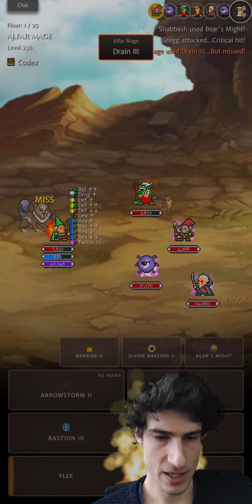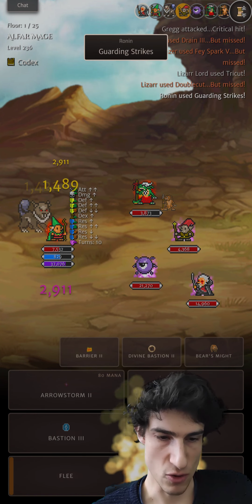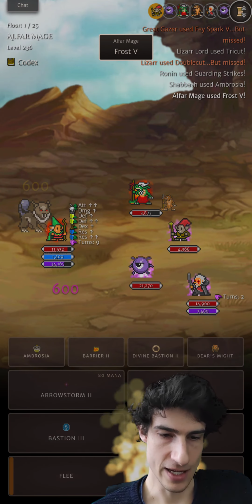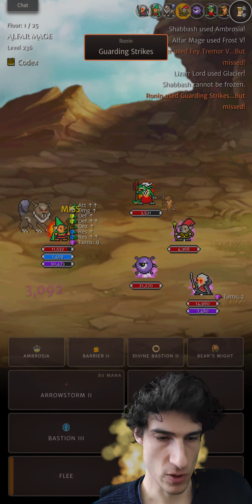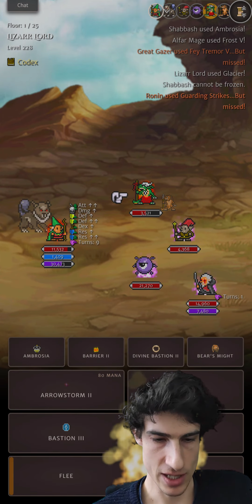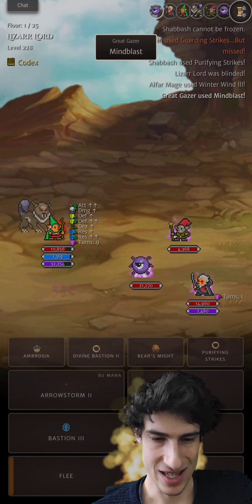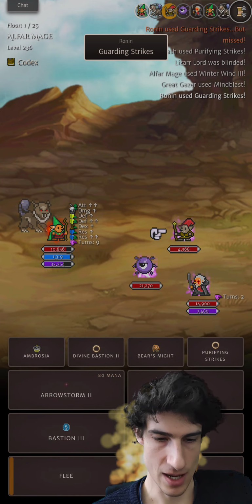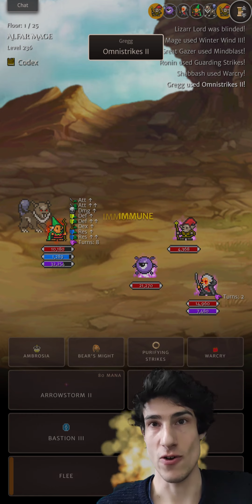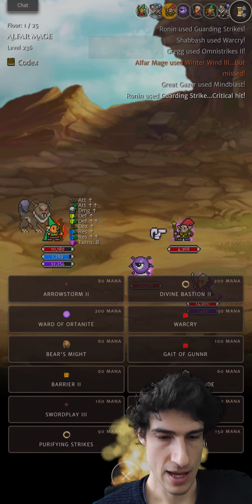So I go Bear's Might, and then immediately going to use Ambrosia or Panacea to remove those defense downs. Quite important. And yeah, that Lizard Lord is probably worth just taking out at this moment in time, to be honest with you. It's the Berserks who really do serious damage. Ronins are, again, not very pleasant as well. They are really high dex, they do hit hard, and